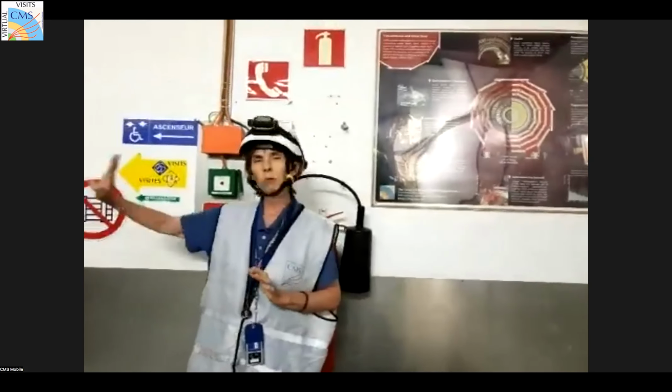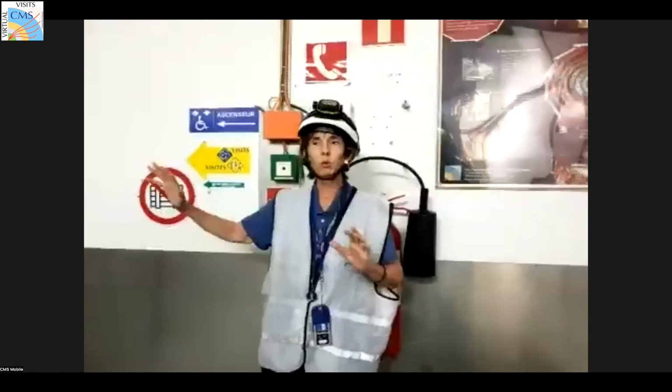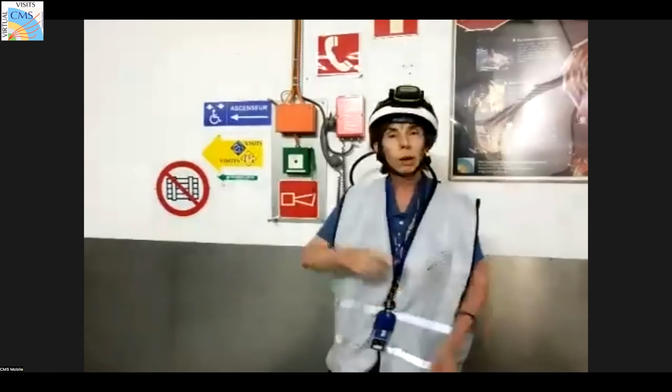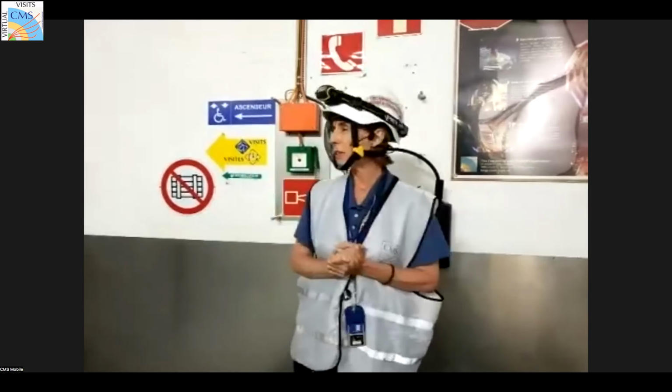But I would say that everywhere is safe, because we have so many detectors to prevent any problem, or just to tell us that there is a problem. I would say that it's much safer to stay here than on the surface, because we could have a piece of, I don't know, a satellite or a meteorite coming on the ground. So here is really safe.